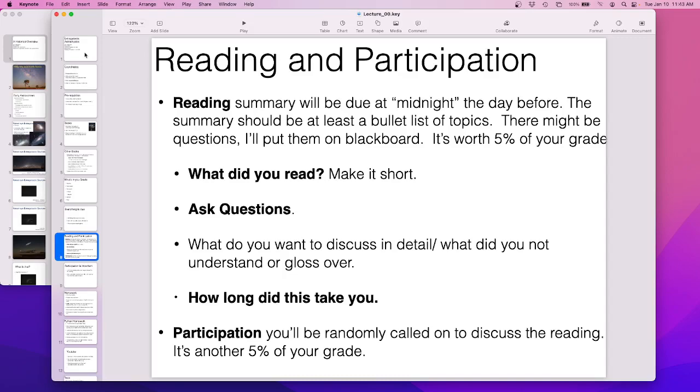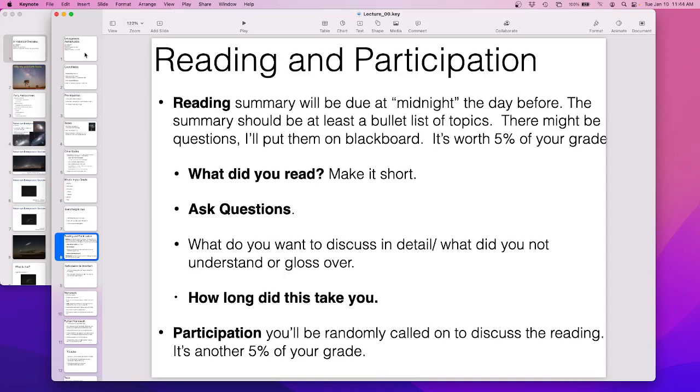And then the last thing is, how long did this take you? And I ask you this on everything. And I do this for 2 reasons. One, it gives me a gauge of how you're doing, but more importantly, it gives me a gauge of how I'm doing. If I'm assigning homework assignments that take everybody 6 hours to do, then I at least know that I have to give you enough time for that. I'm not judging you at all on how long it takes you. It doesn't impact your grade. It's just a way for me to diagnose how things are going. So I want to have some feedback on how the assignment went.